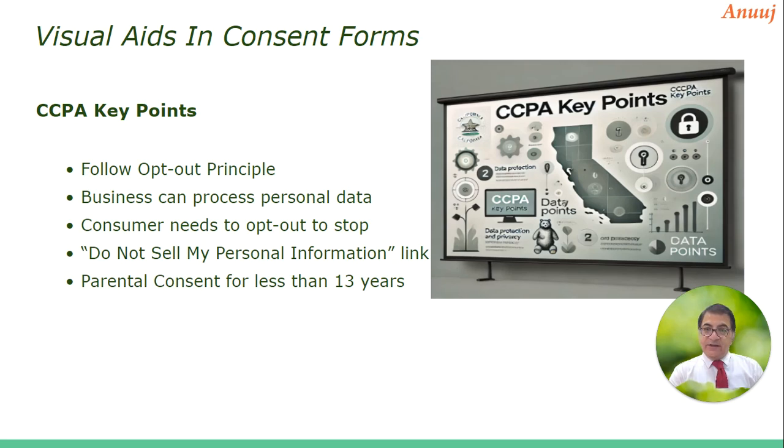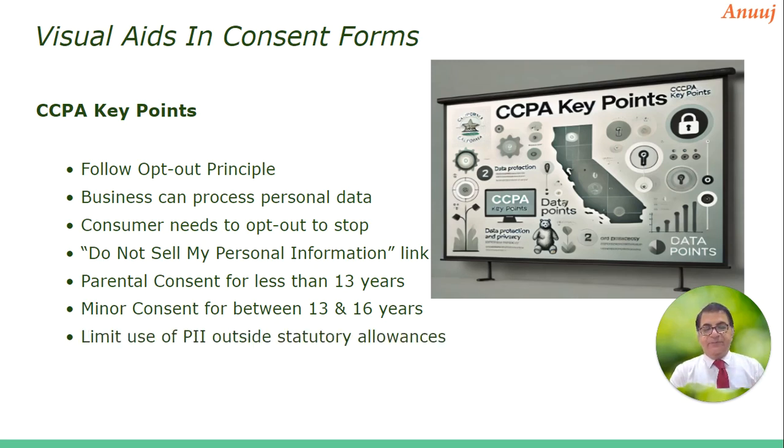And if you are less than 13 years, we will take parental consent, but for anything between 13 and 16 years, we will take the consent from the minor itself, and beyond 16, of course, California considers them adults. So the basic idea is that a business can process your data until you go and opt out and say, I don't want you to process my data, right? That is one thing. Second, if you are less than 13 years, then we need your parents' consent, right? And if you are 13 to 16, we'll take your consent. And beyond 16, you are an adult, so you fall into the standard mechanism as otherwise.